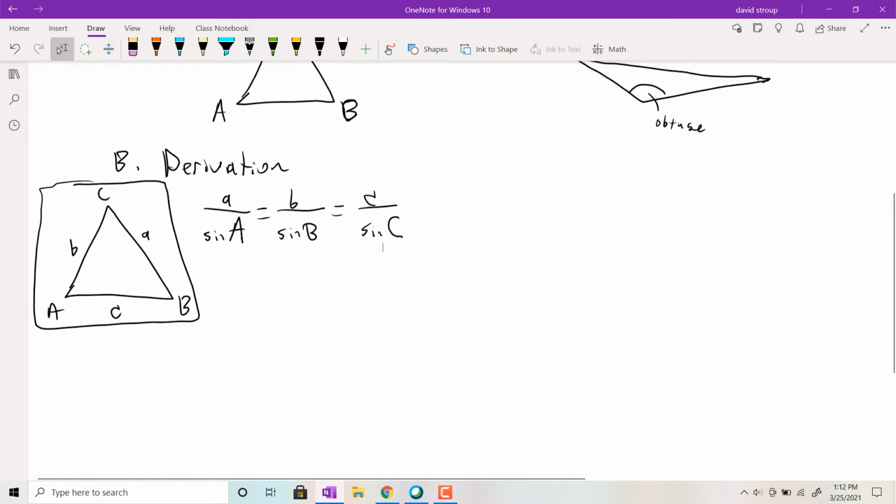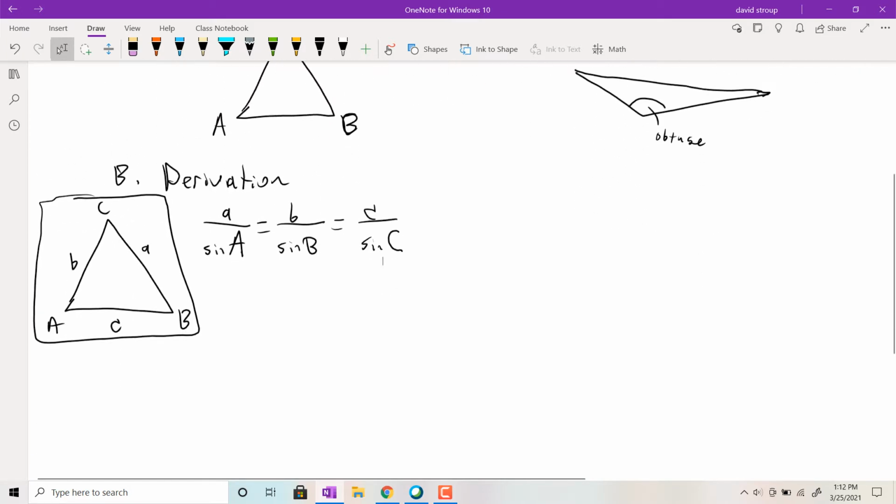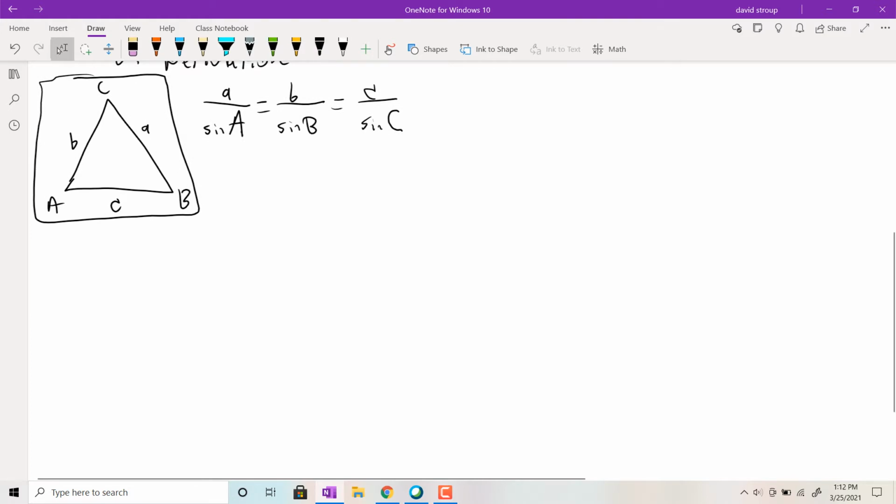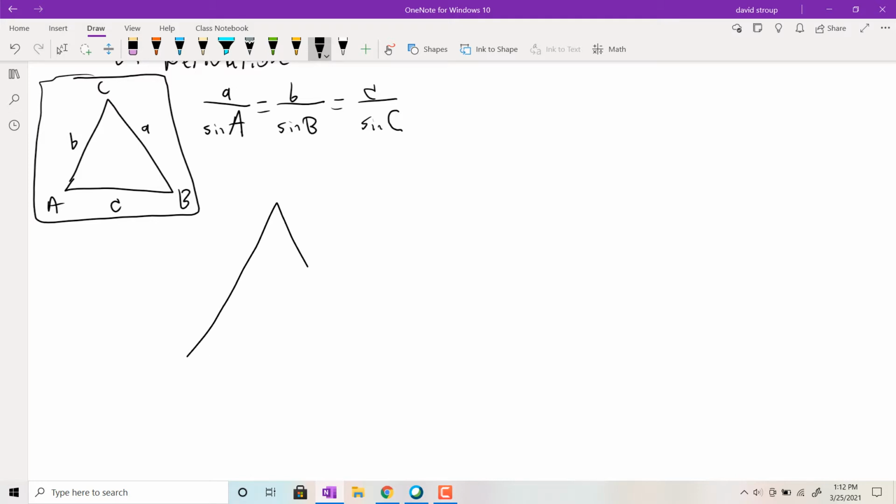We want to derive this fact, and we'll do that by working with a generic obtuse triangle. Let me draw that. Here's my generic obtuse triangle, labeling A, B, C. This is side a, this is side b. I think we need side c labeled. And I'm going to drop